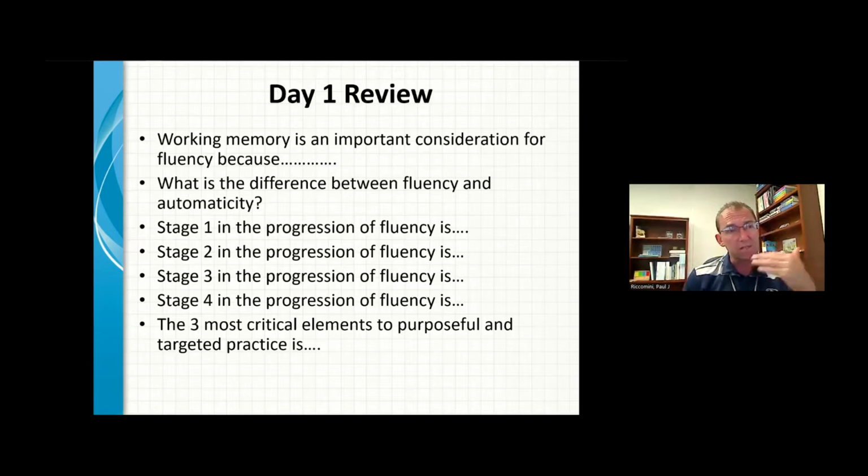But the idea with this retention is what we're finding is free recall, like giving kids a chance to try to recall, even if they get it right or wrong, it almost doesn't matter, but it's that recall that seems to be very powerful. Because what's happening, continuing our conversation from yesterday, when I'm having you recall, I'm forcing you to get out of your working memory and go into your long-term memory where information is housed and try to pull it out. Even if you can't pull it out, that exercise strengthens kids' ability to retain information, especially if it's followed by feedback. So we're going to do the feedback here in a second.